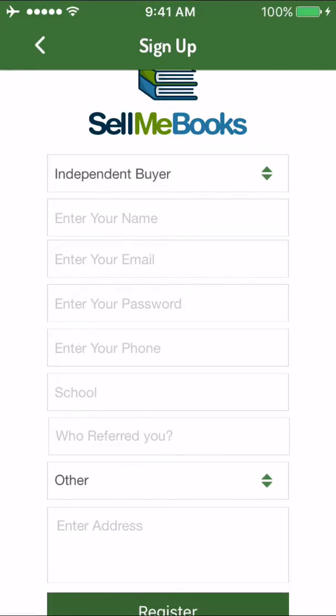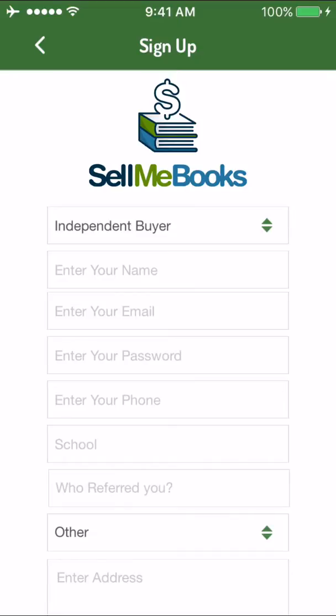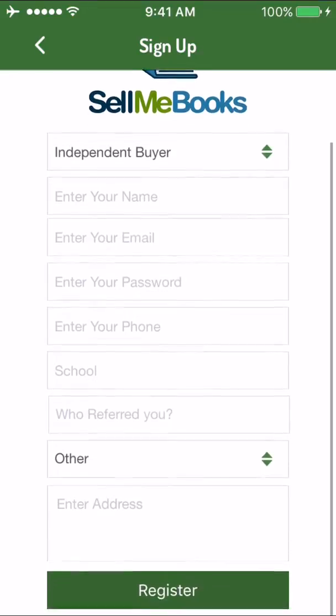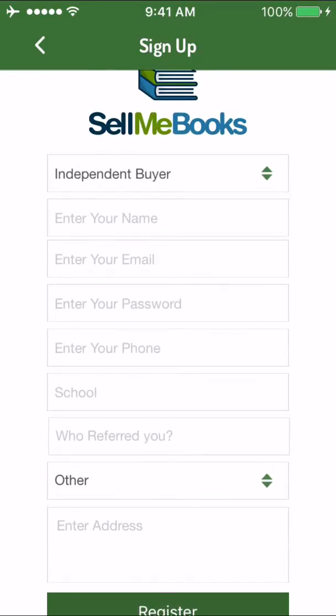The next thing I want to explain is this does not immediately authorize you to use the app when you click register. There's two things that need to happen. First is you'll get an email that has an activation link. That's to allow us to verify that your email address is correct. That's important because if we need to send you any information or communicate with you, it just verifies that the